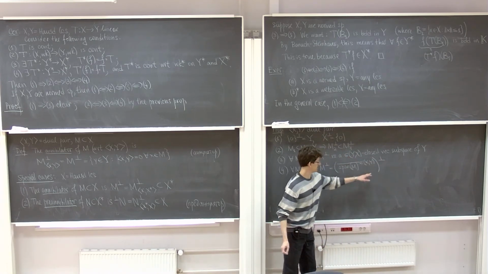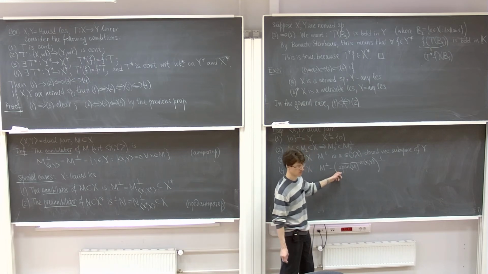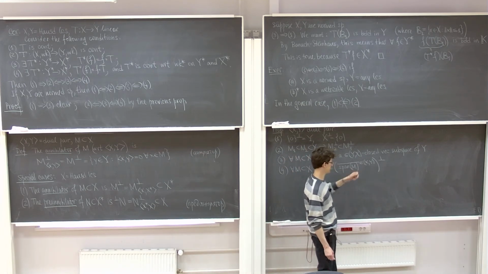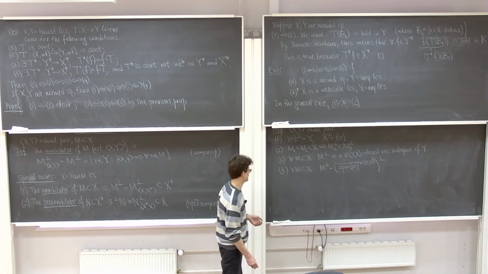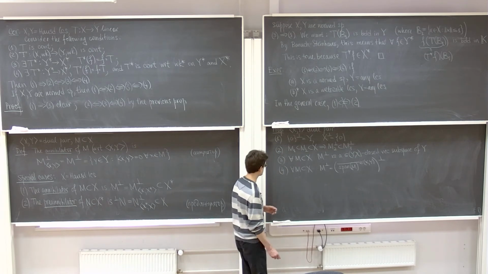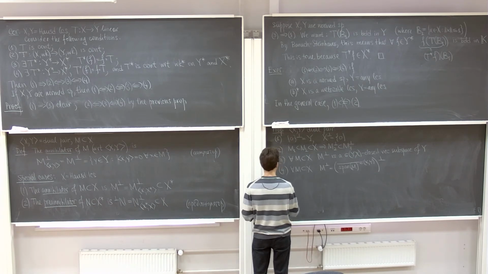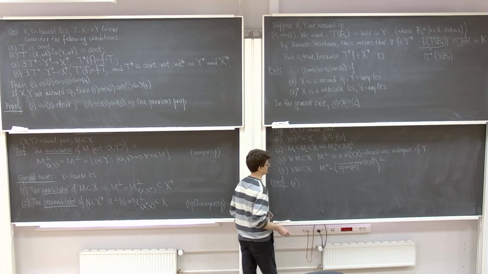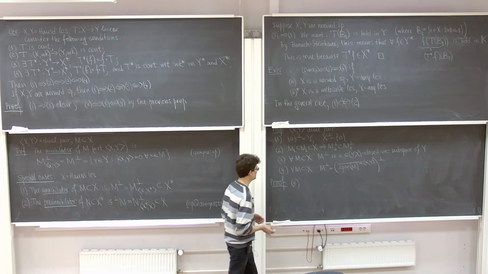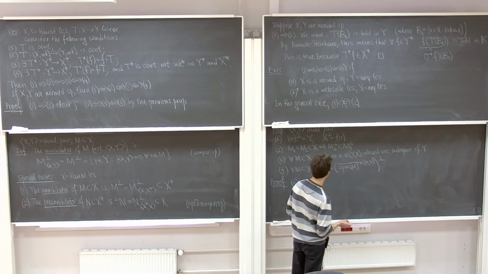So this notation means that we take the weak closure of the linear span in X, and then take the annihilator. Well, 1 and 2 are trivial. 3 and 4 are almost trivial, because 3 follows from the fact that,